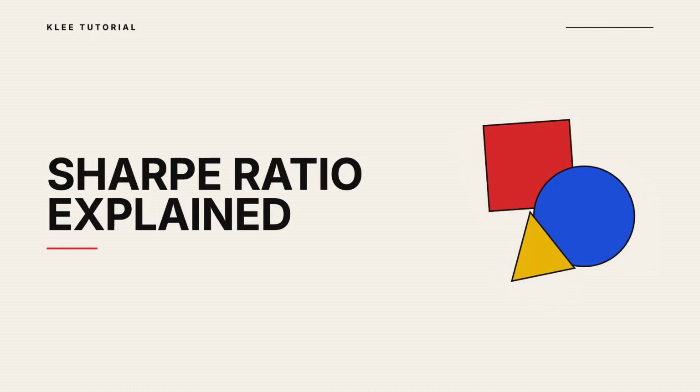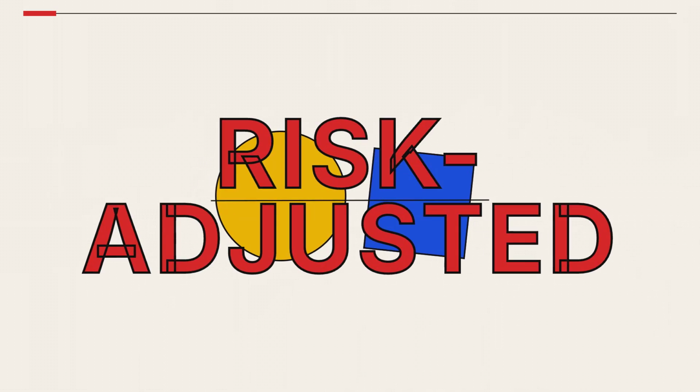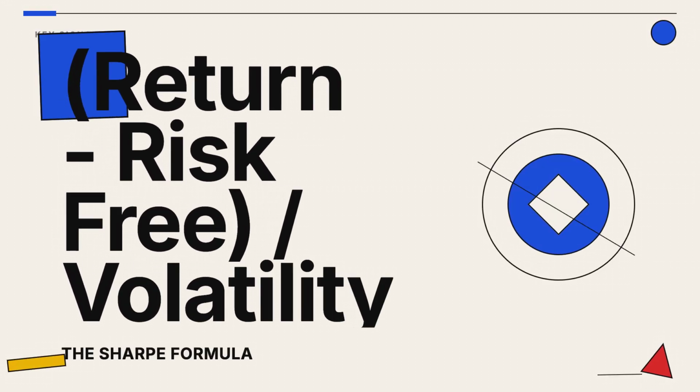The Sharpe ratio is a common tool investors use to see if a return is worth the risk taken to get it. It measures risk-adjusted return, helping you understand how much extra return you are getting for every unit of extra risk. The calculation takes the investment return, subtracts the risk-free rate, and divides by the standard deviation or volatility